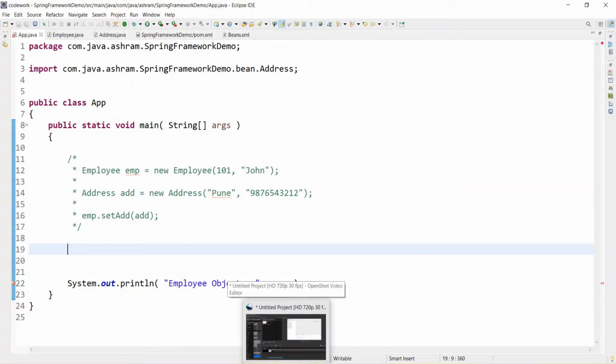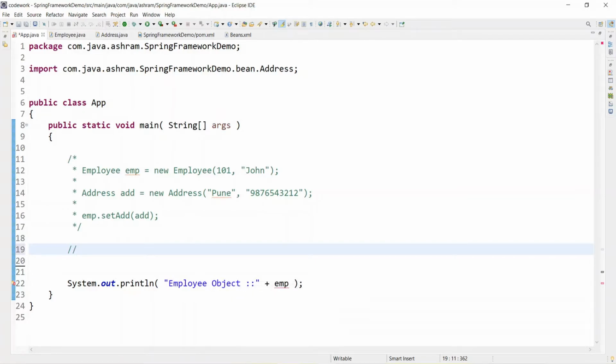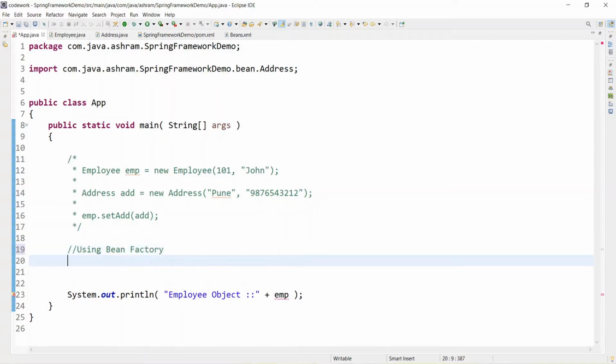Let's try using the BeanFactory. BeanFactory is one of the classes of the Spring framework that basically gets you the bean. So let's see, using BeanFactory.